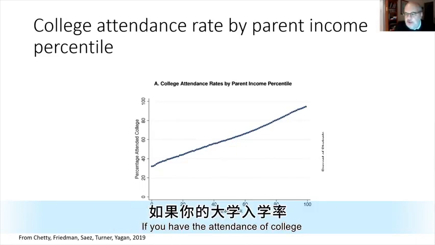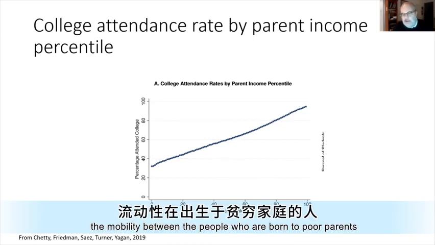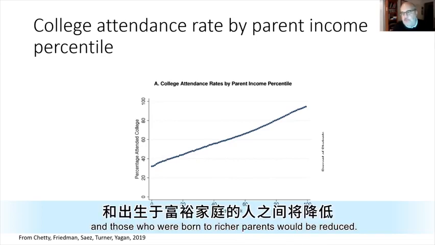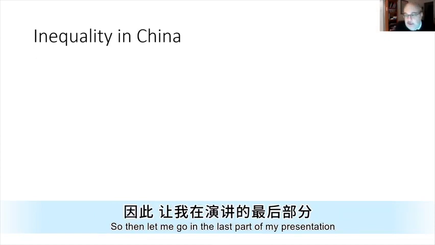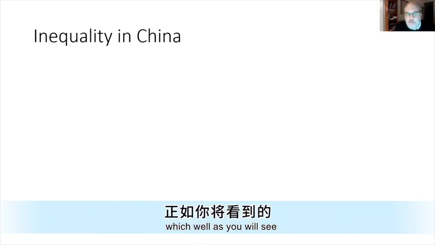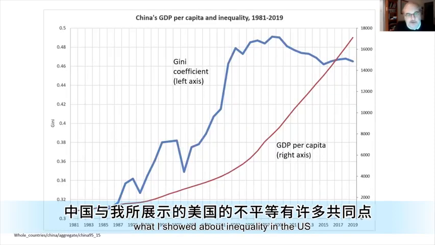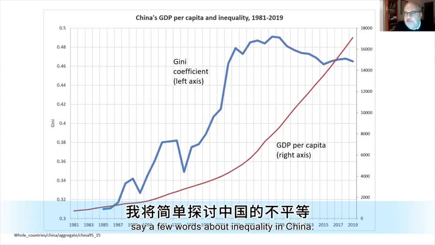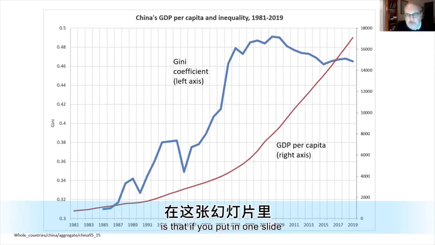If college attendance depends on whether your parents are rich or poor, then clearly the mobility between people born to poorer parents and those born to richer parents would be reduced. So then let me go to the last part of my presentation, which, as you will see, has many common points with what I showed about inequality in the US. I'll say a few words about inequality in China. The most obvious fact, which is quite well known, is that if you put in one slide,